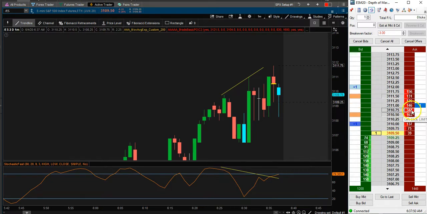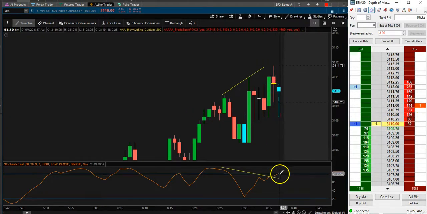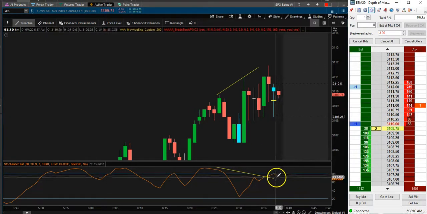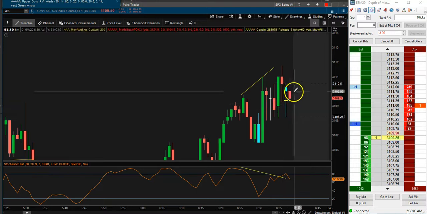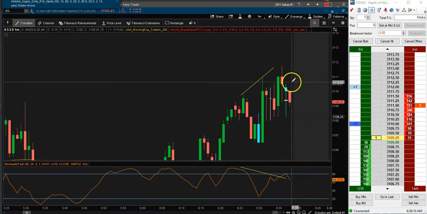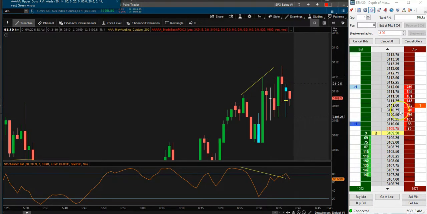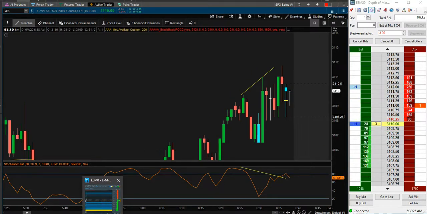So you got a big order here, okay, that might act as resistance, and then kind of small orders here, right? So also look at our stochastic, right? It's kind of still going higher as it was a second ago. So these are things that we want to take into account. So if we do get back up here, I really like this 11. I think we might blow through this guy right here. Okay. And if we blow through this, kind of pull back, and sometimes I'll just jump on Bookmap